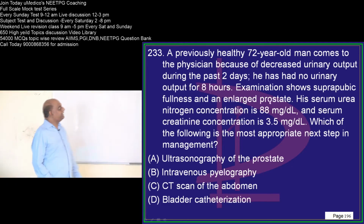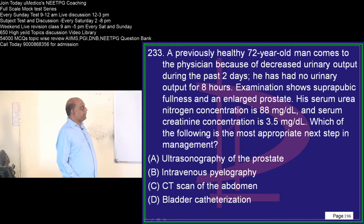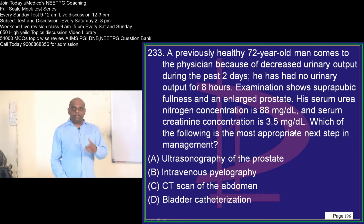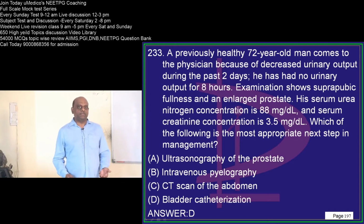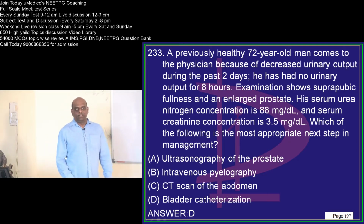A previously healthy 72-year-old man comes because of a decreased urinary output and serum creatinine is 3.5. There is a suprapubic fullness, there is an enlarged prostate. Then what is the most important next step that you want to do? Now what he is having is a bladder outlet obstruction. So catheterization is the most important thing that you need to do in order to relieve the misery of this